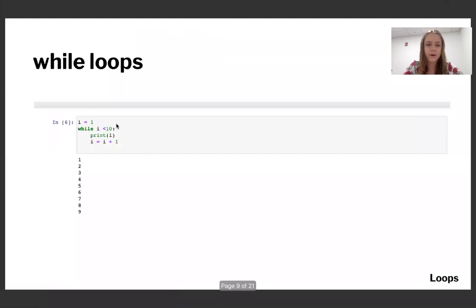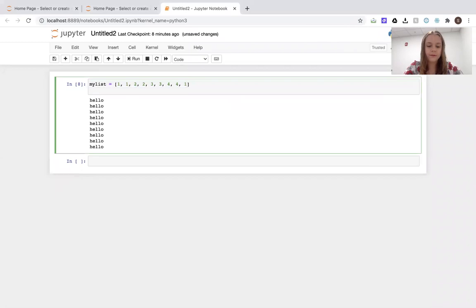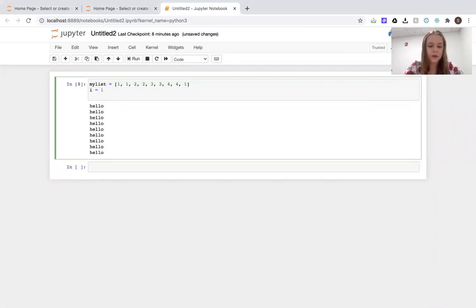But then we also have something called while loops. While loops, again, are a set conditional. So in this case in the code, I wrote i equals 1. As long as i is less than 10, I want you to print whatever the i value is. But then I also want you to add 1 to i. So whenever you want to write a while loop, I'm just going to set i to 1, then while, and that lets it know, okay, this is a while loop versus a for loop. So while i is less than 10,